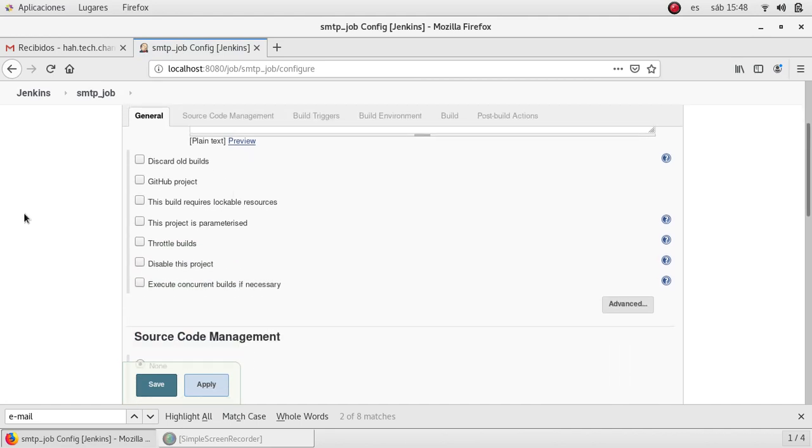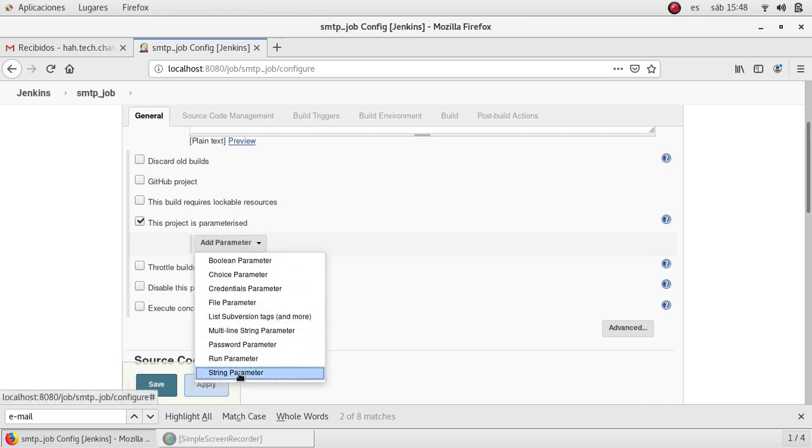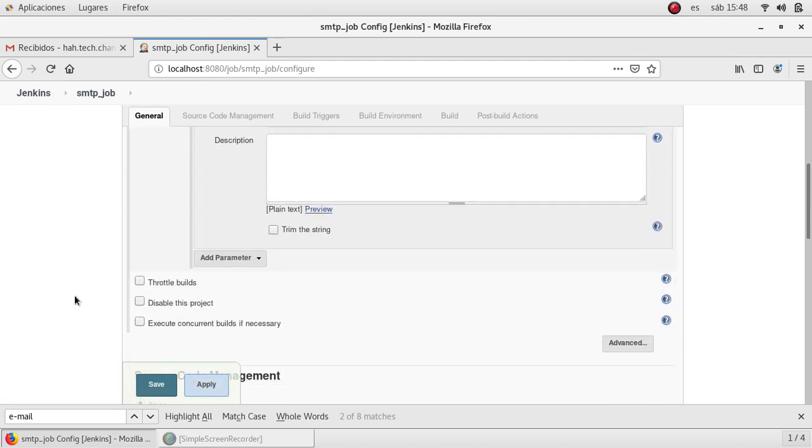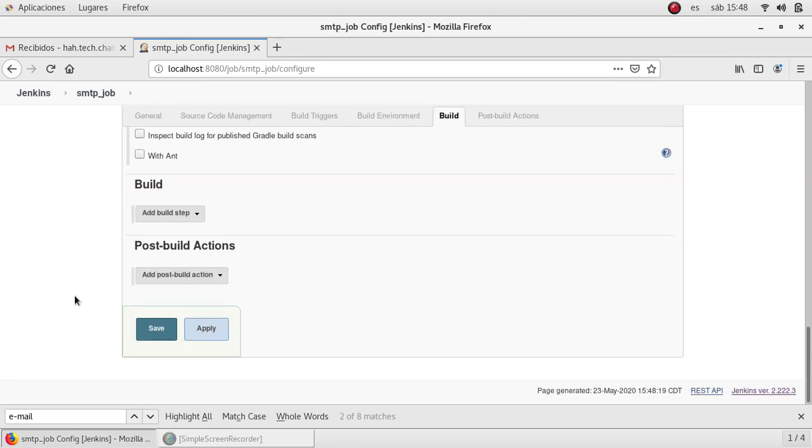Also in this video, I'm going to show you about the extended email notifications, which is a bit different from what we saw in the last video. In this one, we will need a parameter. So I'm going to add the string parameter, which we are going to use later. Going to go back